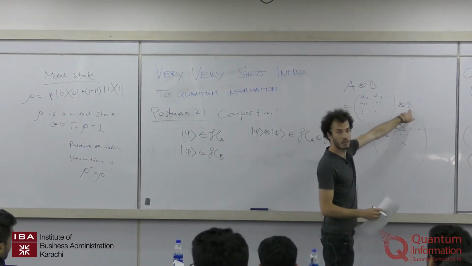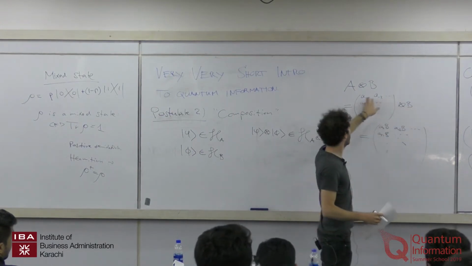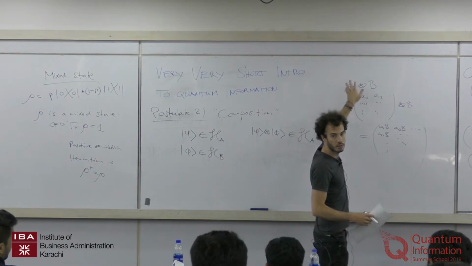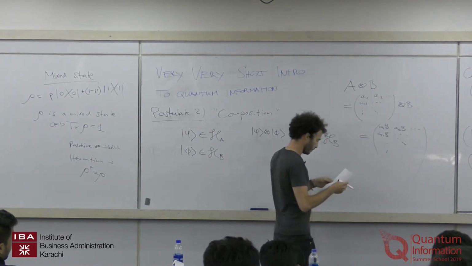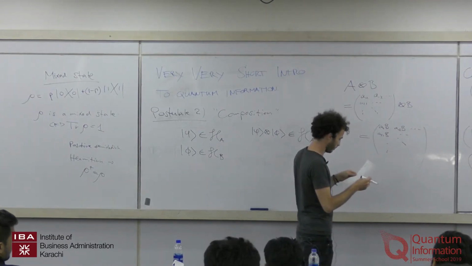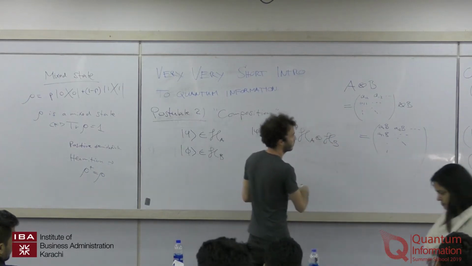So I multiply this matrix or vector with every element in the first. So as an example,